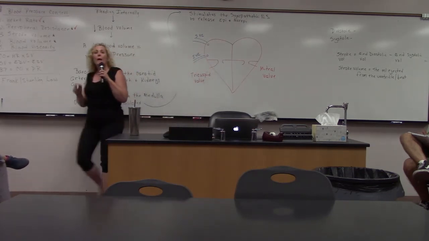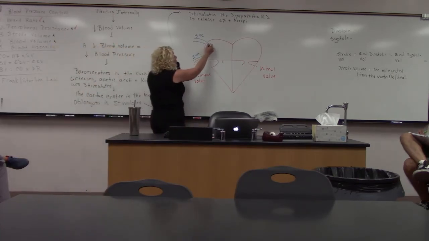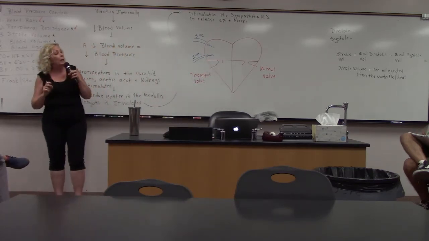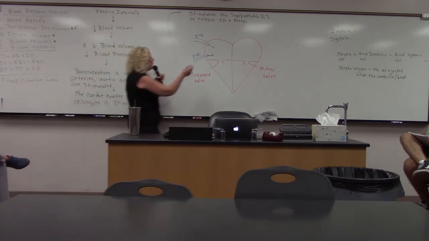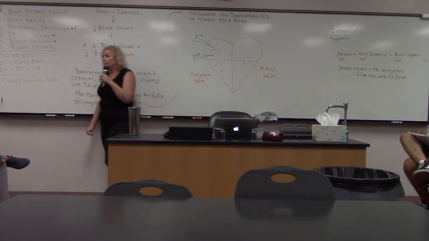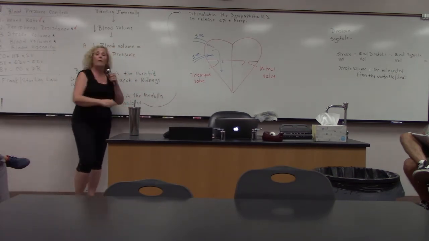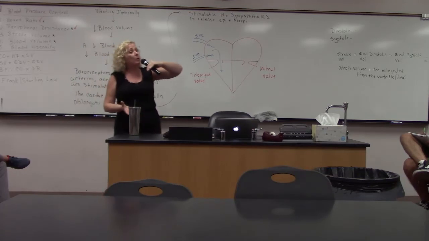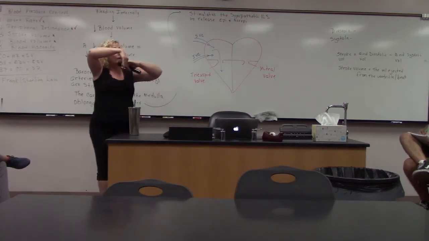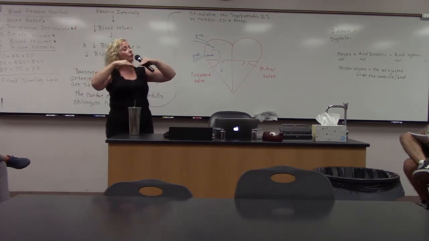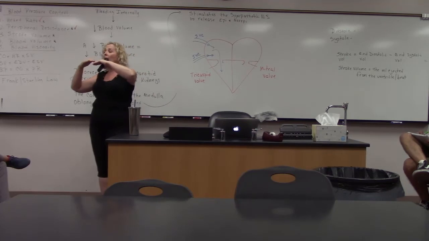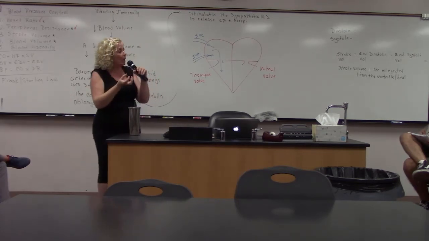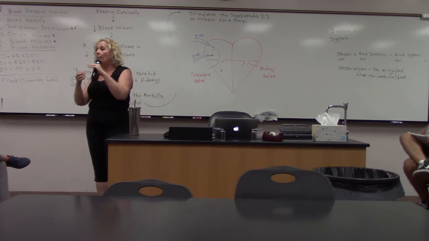Okay, so you know that blood is entering into the heart through the superior vena cava and through the inferior vena cava. And as soon as this blood enters into the heart, just simply by gravity, the blood is going to go down into the ventricle. Okay? Now, the tricuspid valve, the right atrioventricular valve, is hanging down into this ventricle. So as the blood is filling the ventricle up, it's catching on the cusps of this valve and causing the valve to move upward. Now, right before the valve snaps shut, the atria are going to contract down and put the last little bits of blood into that ventricle, fill it all the way up, and then the valve snaps